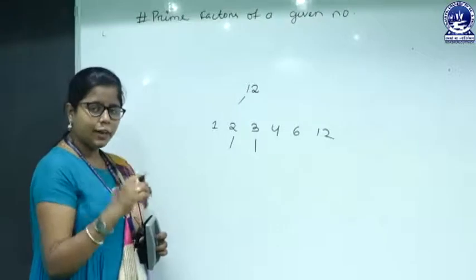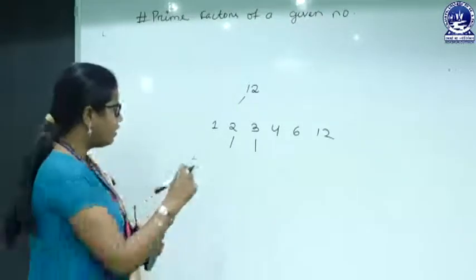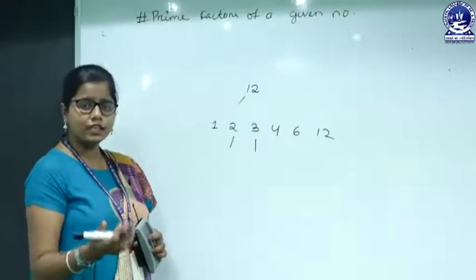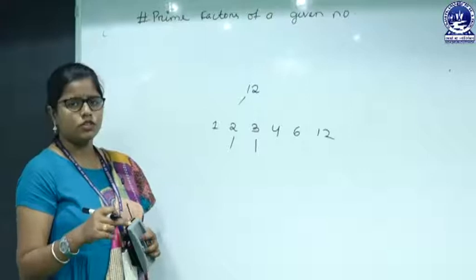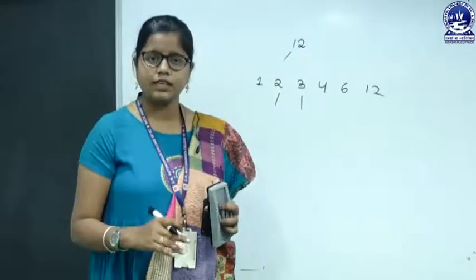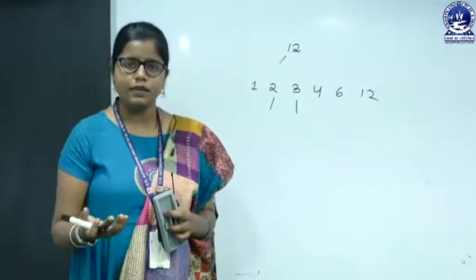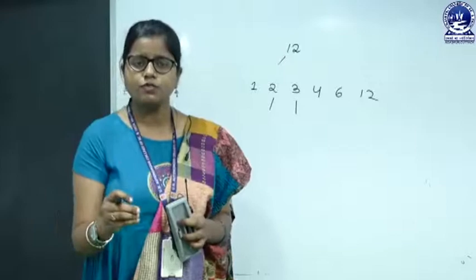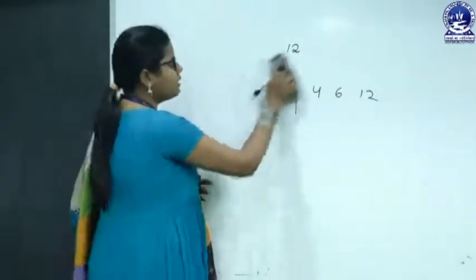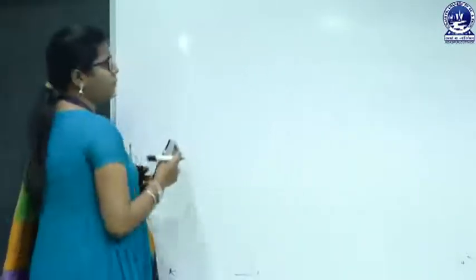So first we have to find out which one is the factor of 12. 2 is the factor of 12. Then we will go for checking whether 2 is prime or not. So here we are combining two logic, how to find the factor and how to check whether a given number is prime or not. And here the given number is what? That is the factor of 12. So let's write the pseudocode for finding the prime factors of a given number.